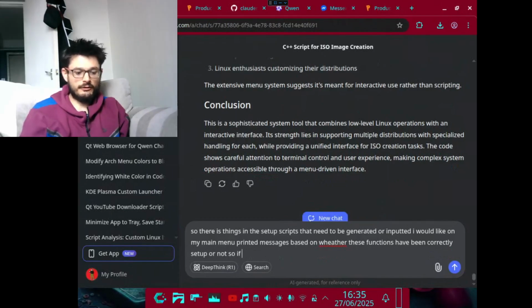So if I input a location for clone dir, print it